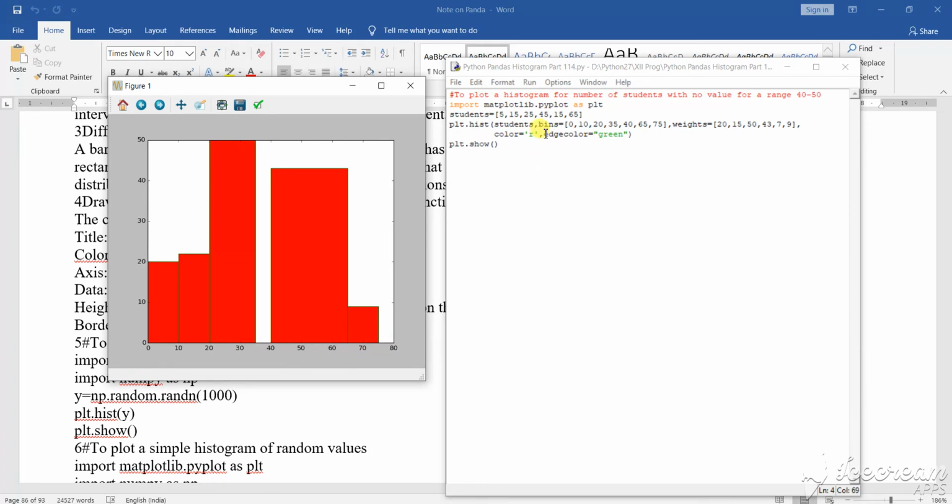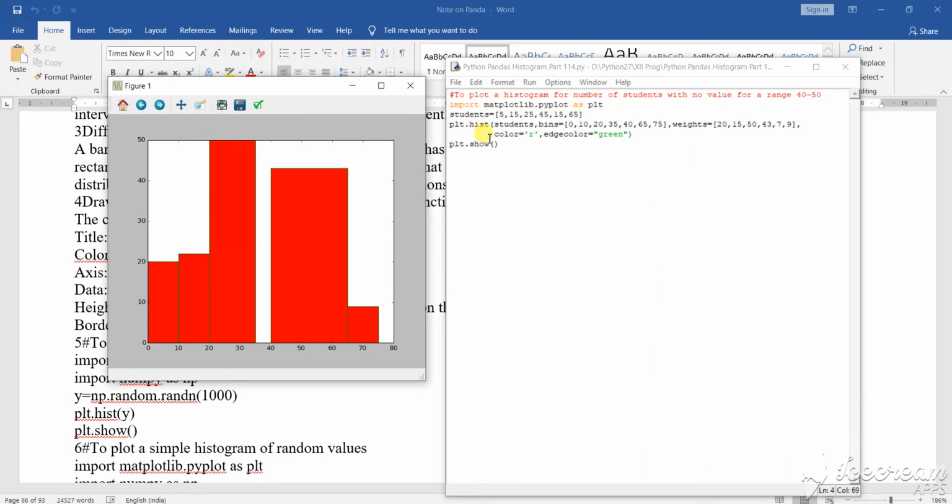That means my highest range is 80, and there is 50, because see here this highest range is 50. Now here what I have given is 75. So 70 then 5, 75, that means it has made it 80. And here the different pattern of frequencies that I have made is 65.